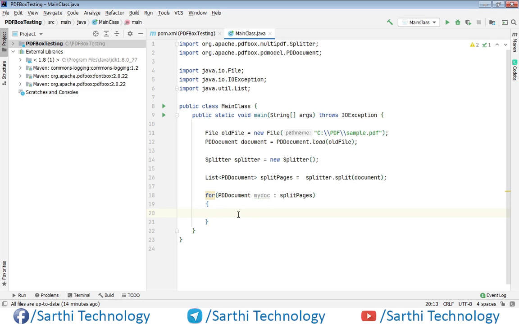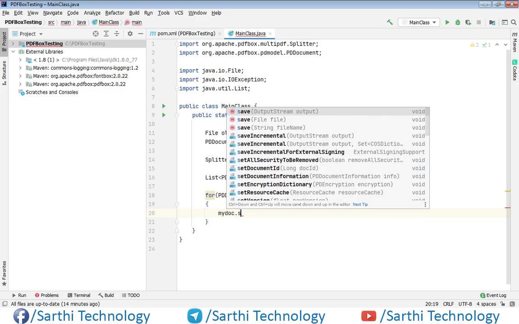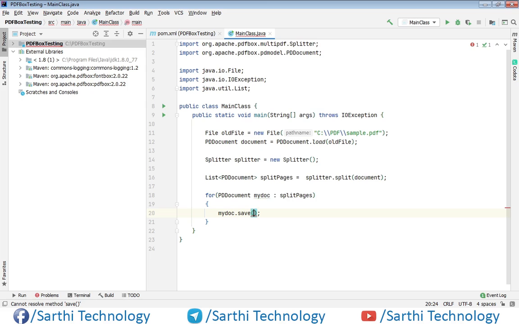So what we need to do, just myDoc.save, and here we will put the path of the memory.